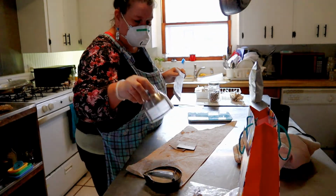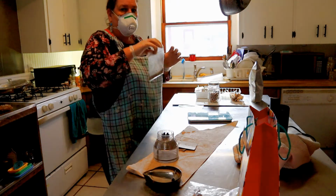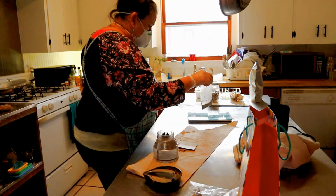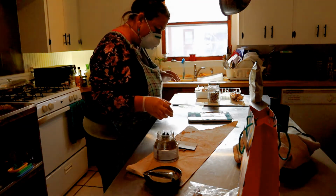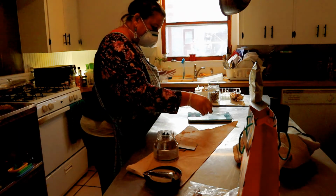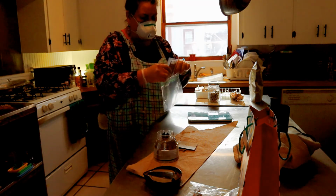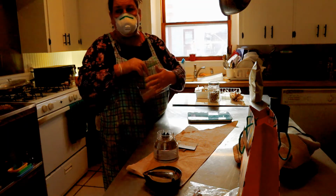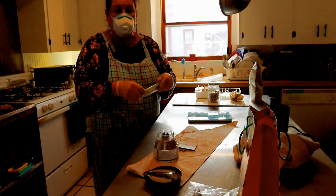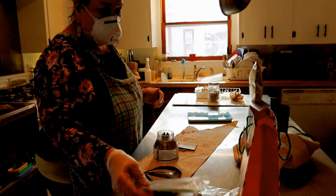Okay, so I have gotten everything that I possibly could out of the grinder. Whatever was left here, I have put it into this baggie, and I'm about to weigh it to see how many grams it is. So we are 8 grams. This mom has shown an interest in doing a tincture, and so I was just prepping some of this, and I'm gonna get her set up with a jar and some vodka and show her how to get that going. So in about 6 weeks she'll have a nice tincture. So we have the 8 grams of that,